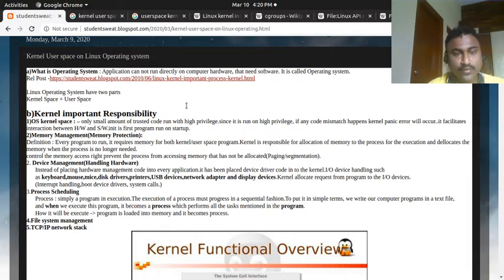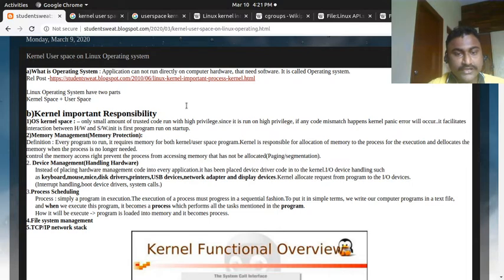For example, if you want to run a process, the first important thing is memory management, device handling, process scheduling, and networking. File system management also comes in, because without a file system you can't manage anything. So keep these four things in mind about the OS kernel space: memory, process, file system, and network. If you want to run any process on your system, you need to have memory.